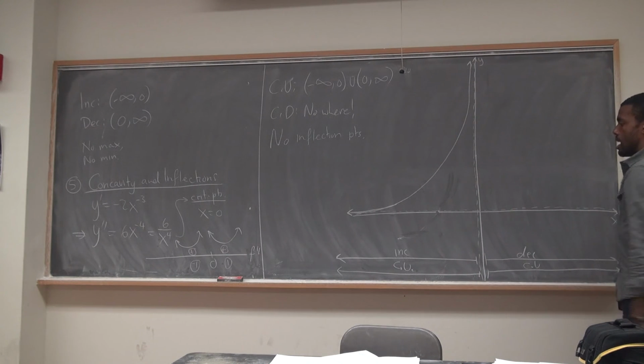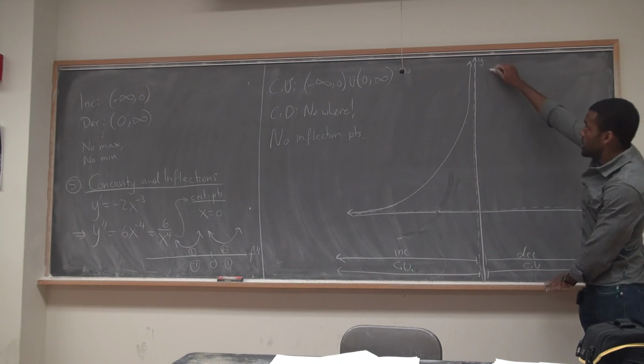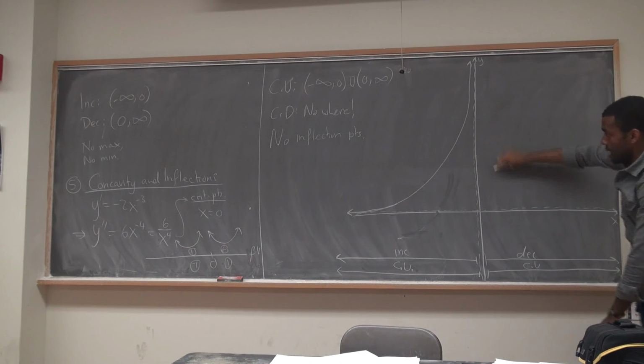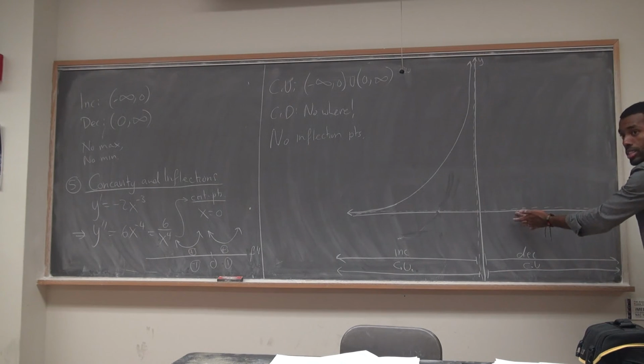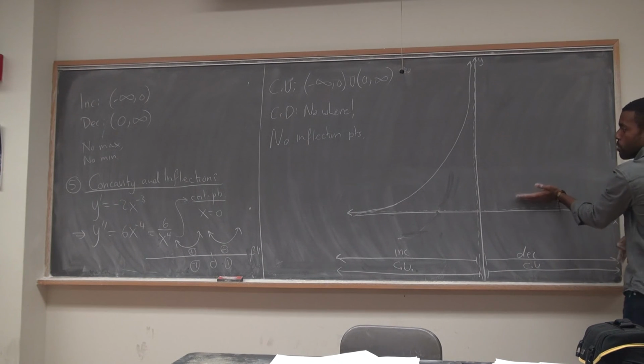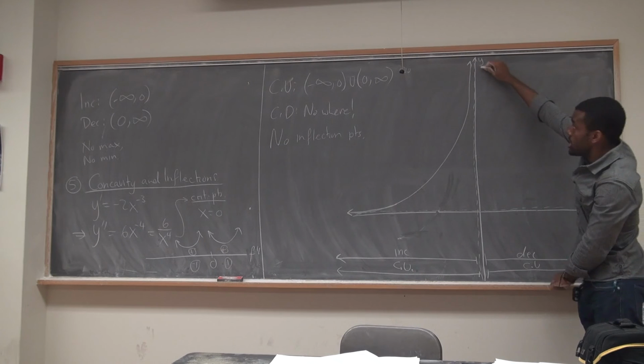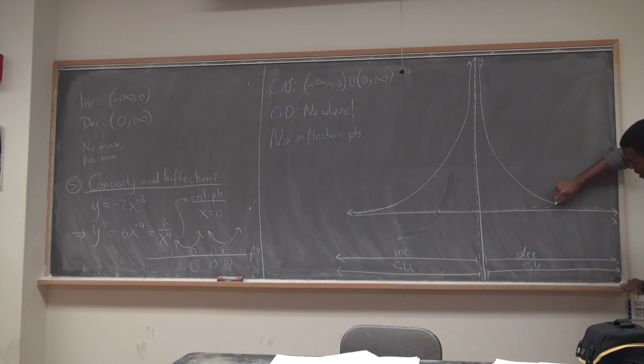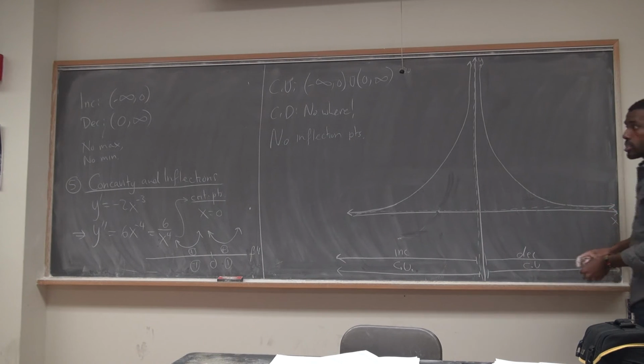Similarly here, I know I'm decreasing concave up. So I know I should be decreasing. Now you might say, how far should I decrease? Can I cross the x-axis? No, you can't. You've already solved for this and you know that there are no x-intercepts. I have to stay above the whole time. So I know I should be decreasing, but I'm going to start leveling off before I cross the x-axis, and I have to level off towards the horizontal asymptote. Because as x went to infinity, the graph went to 0. And that's my graph for 1 over x squared.